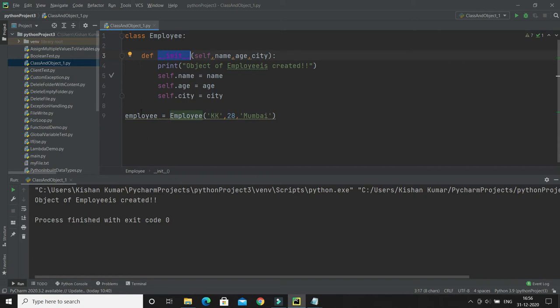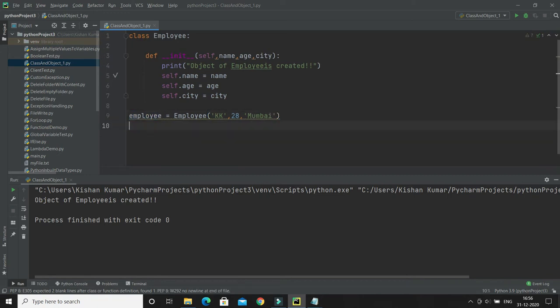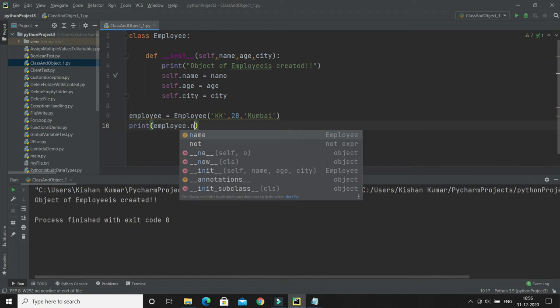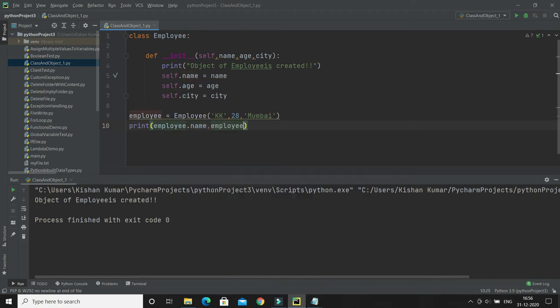Now once you create an object of your employee class, then of course you can read its properties. So here I'm going to call a print method, and here I have a reference of the object. So using this reference I can get its properties. First of all I'm going to print the name, and then age, and then I will print the city as well, right? And if I run, then you'll see these three attributes got printed, right?